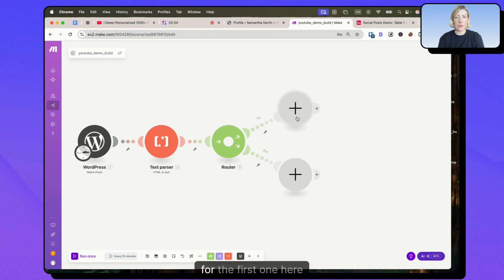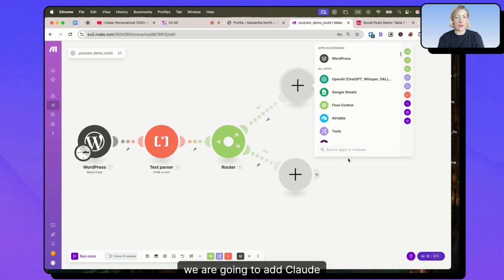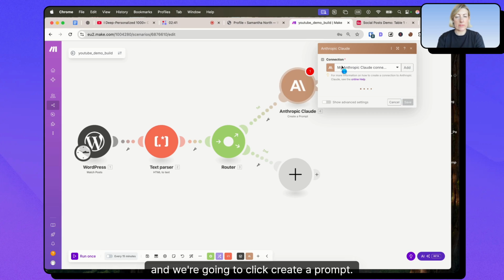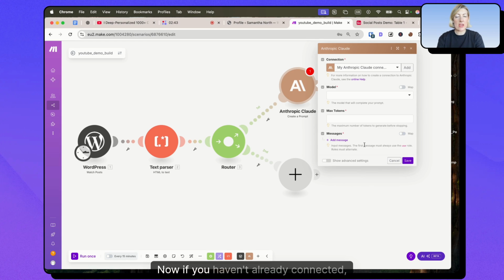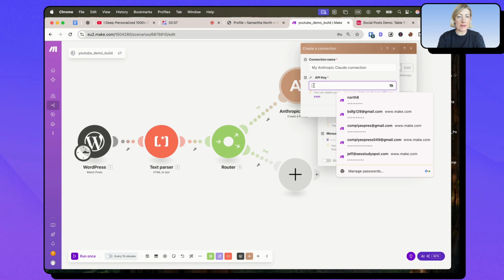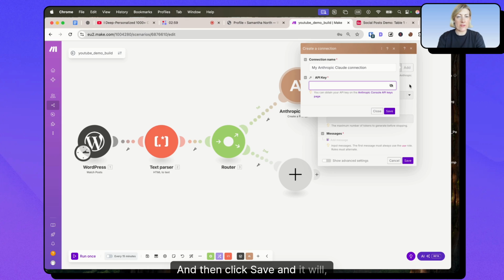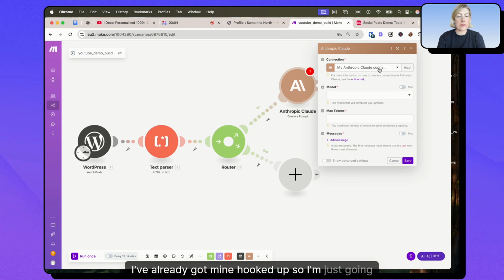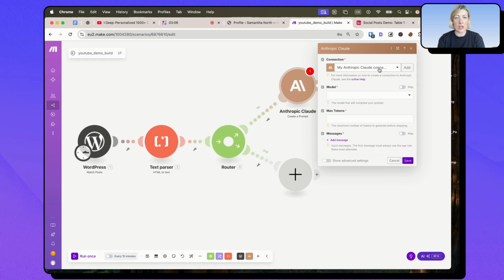So for the first one here, we are going to add Claude. And we're going to click Create a Prompt. Now, if you haven't already connected Claude to your make.com, you'll need to click Add here and go over to console.anthropic.com, generate your API key and add your API key here. Okay, and then click Save, and it will start a new connection. I've already got mine hooked up, so I'm just going to move forward and show you how to set this